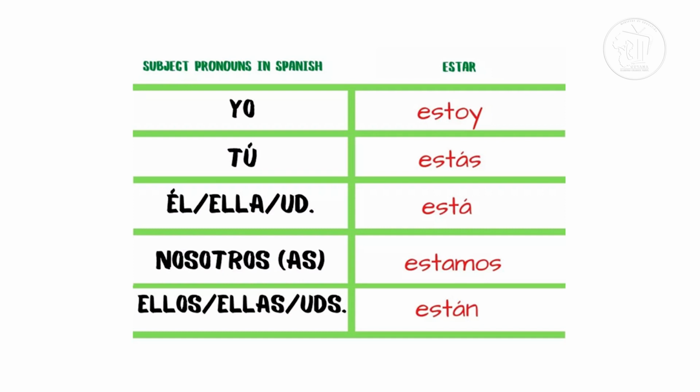él está, ella está, usted está, nosotros estamos, ellos están, ustedes están. In Spanish, the gerund is the form of the verb that ends in ando, that's for AR verbs,